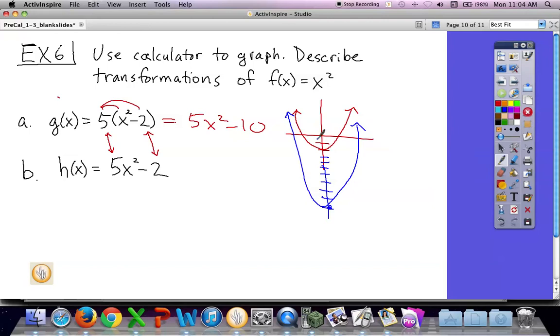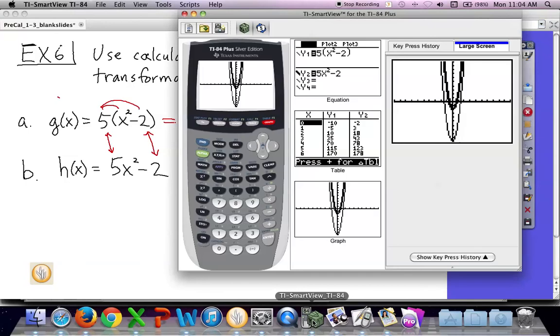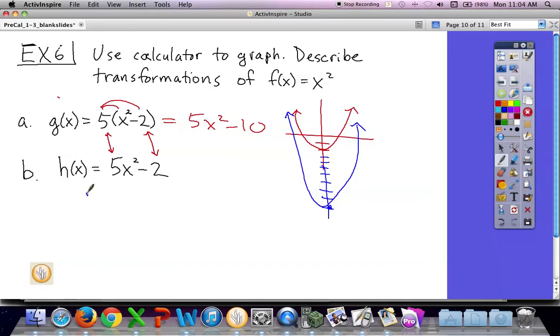I think you can look in the book. Oh, actually, I think they had us do this in the calculator. Right? Here's the first one, 5 times x squared minus 2. That's the skinnier line right there. And then here's the second one, 5x squared minus 2. That's the fat line right there. So I'm not thrilled with that example, but